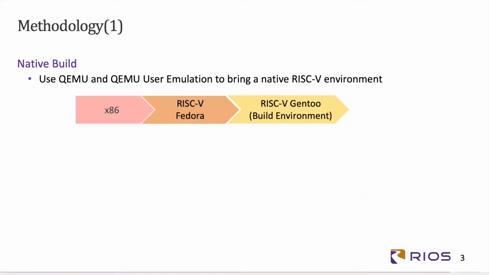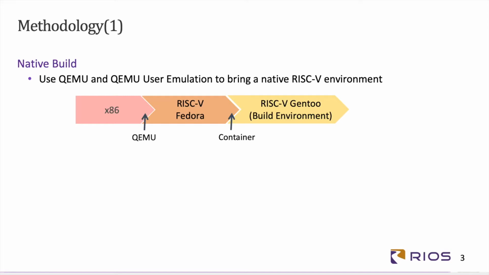Okay, let's talk about our methodology. In this project, we use native build during the whole porting process, and we use Chromium user emulation to bring up a native RISC-V environment. From x86 to RISC-V Fedora Linux, we use Chromium to first enter a RISC-V environment, and then we enter the build environment, which is RISC-V Gentoo, using a container. Since Chrome OS is developed from Gentoo Linux, we enter the RISC-V Gentoo